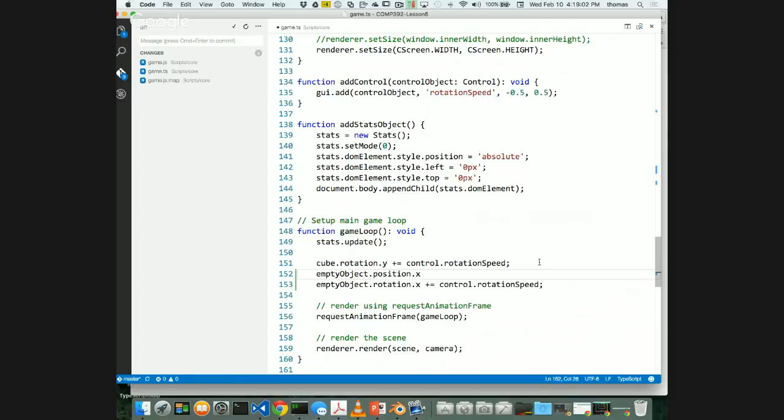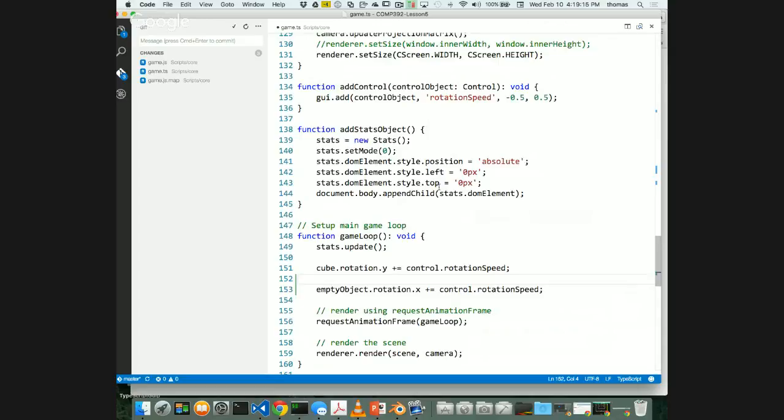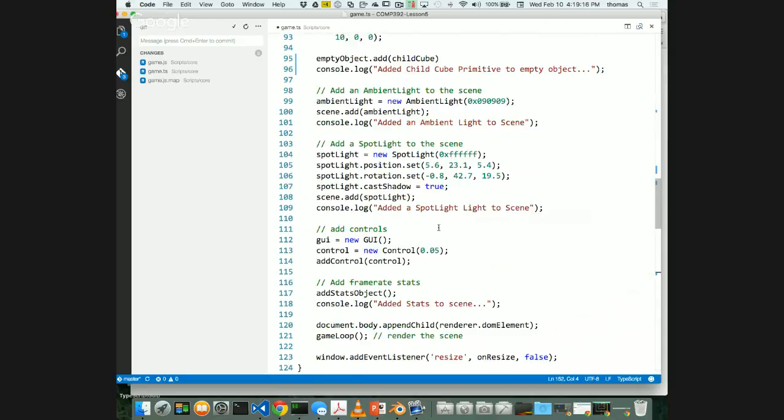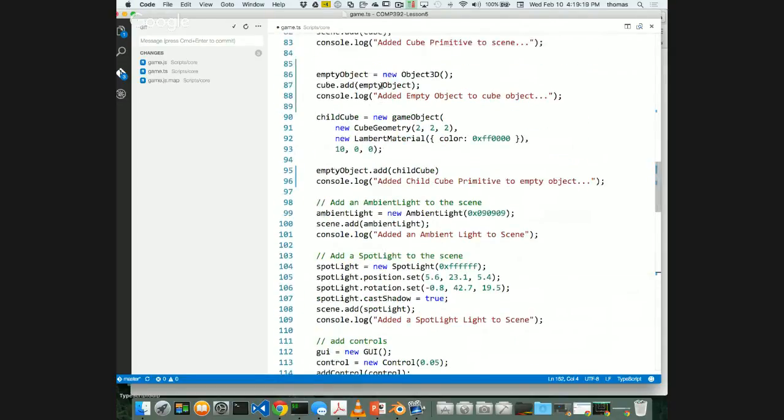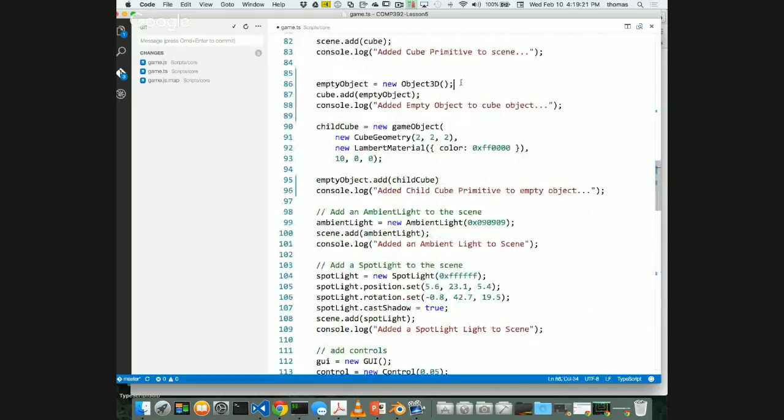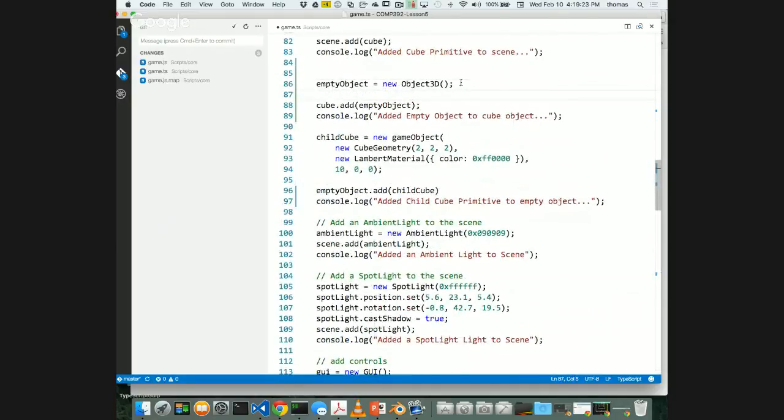Well, let's do this. What about if I did my y at the same time? So if I did my y, all it's going to rotate is in itself, right? That's all it's going to do. But I want my empty object to rotate itself, right? And I want it to rotate. If I offset it just a little bit, let's see what happens if I offset this thing. So instead of my empty object starting in the center, if I offset it here, right? So if I go empty object,